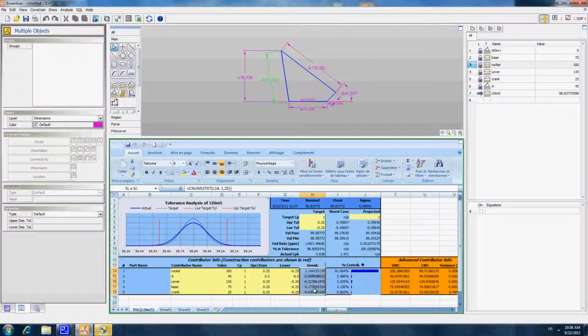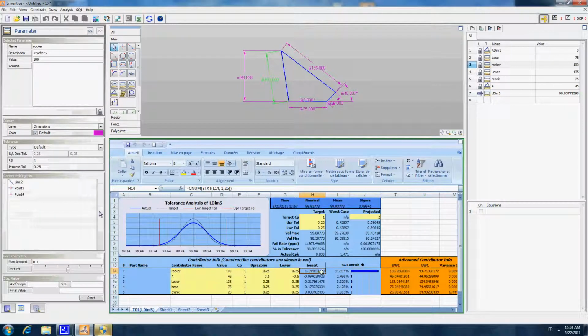In this column here is something very important. It's what is called the sensitivity value. So the sensitivity is really important in preliminary design because actually the sensitivity has an impact, a squared impact on the statistical variations.